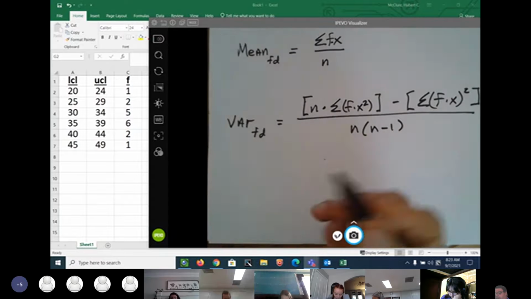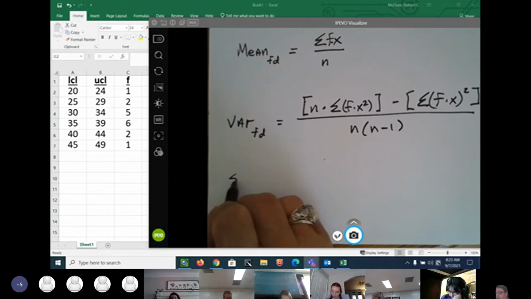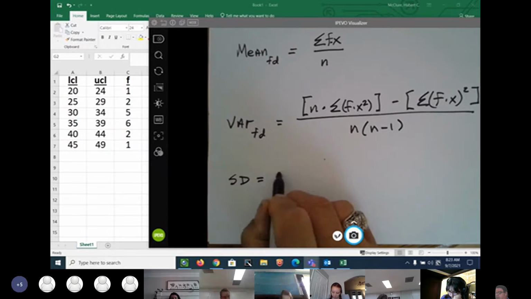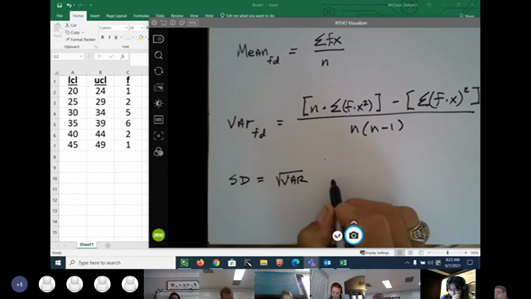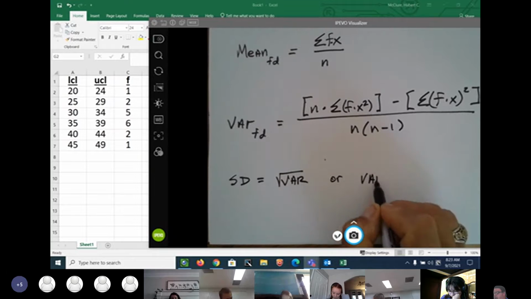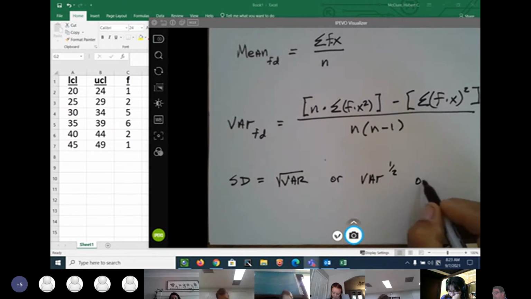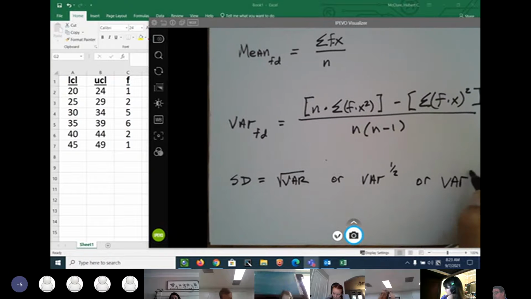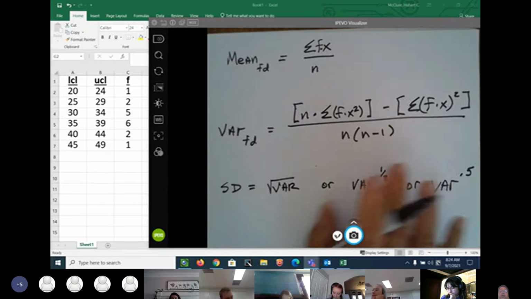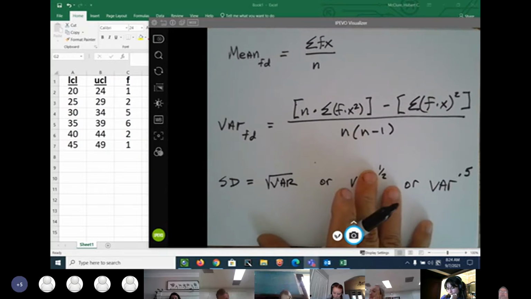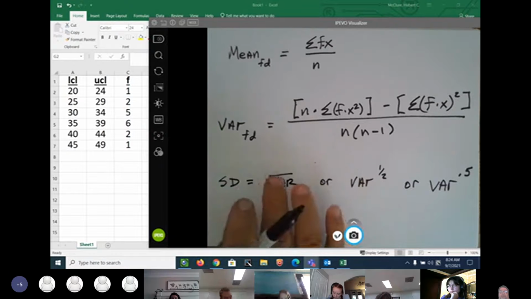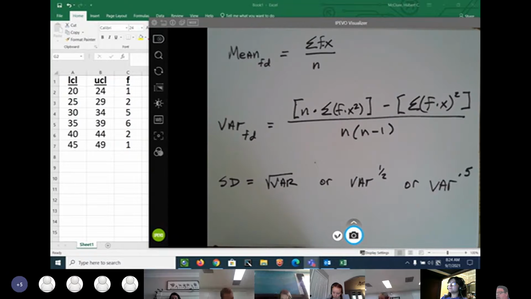And it's 8:23. I gave y'all an extra minute. Standard deviation is equal to the square root of the variance, or the variance raised to the 1/2 power, or the variance raised to the 0.5 power. Now, I'm giving you these formulas again because I know probably, out of 15, maybe 5 of y'all wrote these down. The rest of you didn't. Maybe 10 of you, I don't know. And these are what you've got to fill out.